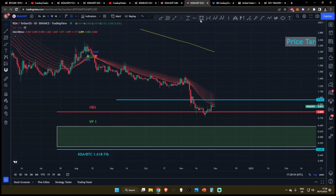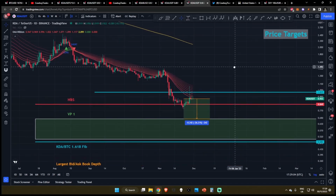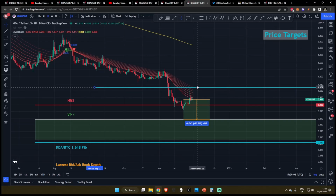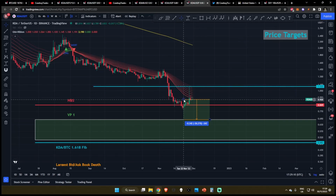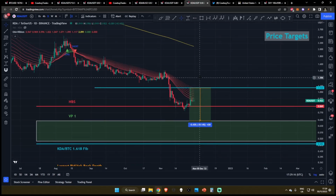So from where we are at this moment in time, it's looking like KDA wants to drop down to the next volume profile at approximately 69 cent again. This is going to equal about a 26% drop. So like I said, I'm personally not shorting now. Could you make a ton of profit if you do short now? Yes. If we do pump up another 10% and come up to the long-term moving average in the EMA ribbons, you will get liquidated,